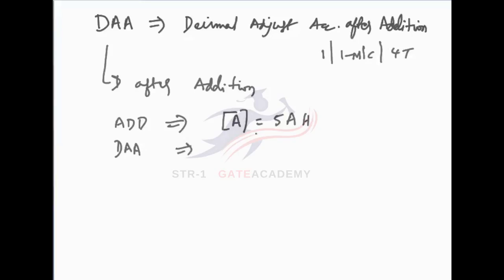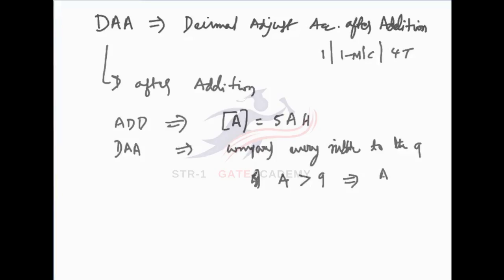This instruction compares every nibble, meaning 4 bits, to 9. So initially it compares the A data. A is greater than 9, that's why this A data is added